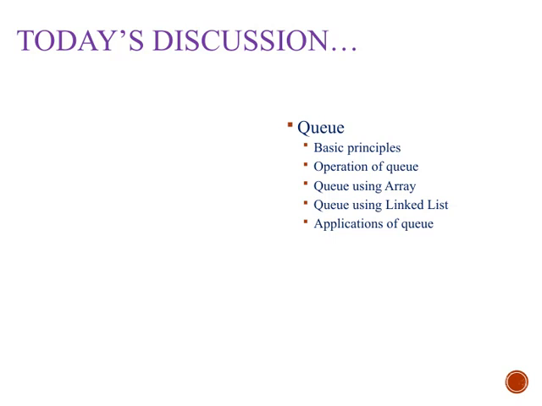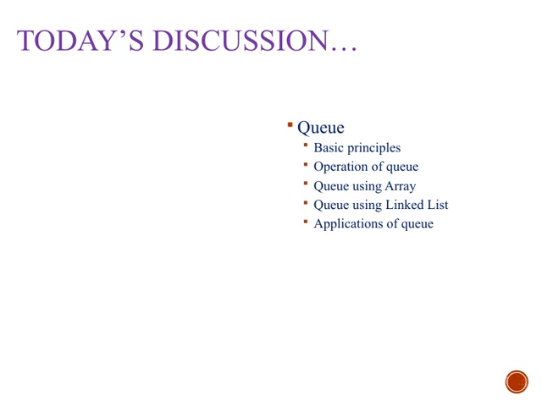Today's discussion will cover several important aspects of queues, starting with the basic principles that define how they work. Then, we'll look into how queues operate in practice, including their behavior and the key concepts like enqueue and dequeue. We'll also explore how queues can be implemented using arrays, which is a straightforward approach, and using linked lists, which provides more flexibility. Finally, we'll examine some common applications of queues in real-world scenarios, highlighting their usefulness in managing data and processes efficiently. Throughout this presentation, understanding these core ideas will help you grasp how queues are fundamental structures in